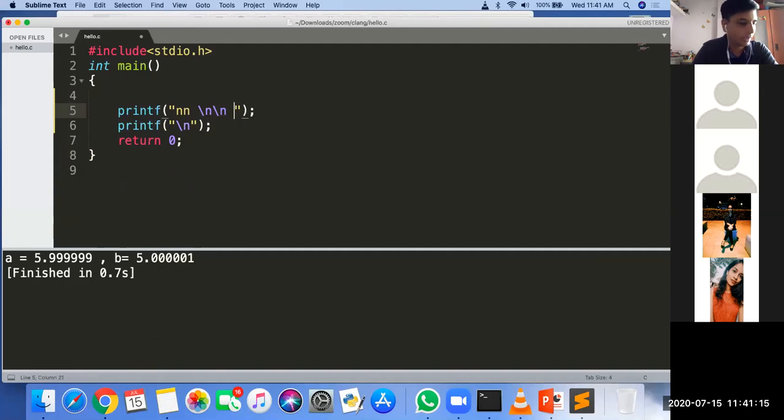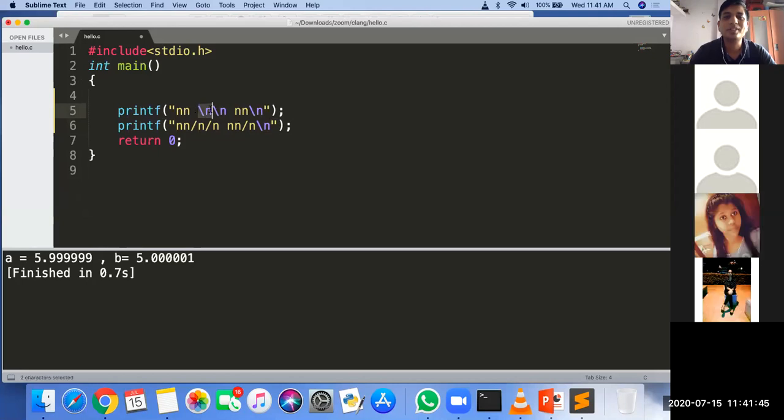So this is the editor and you can directly see the output, because \n is your, what is this?